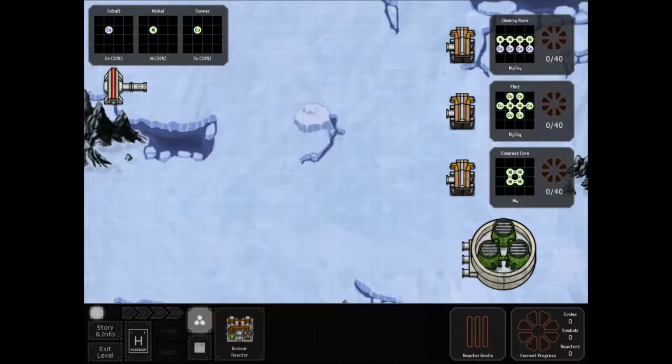Now that we've taken a look at round 8 solutions, let's take a look at round 9 solutions. Ascension. Ascension is the last weekly puzzle in the 2019 Spacechem Tournament. The challenge is to turn a random input of cobalt, nickel, and copper into climbing rope, flint, and compass cores,